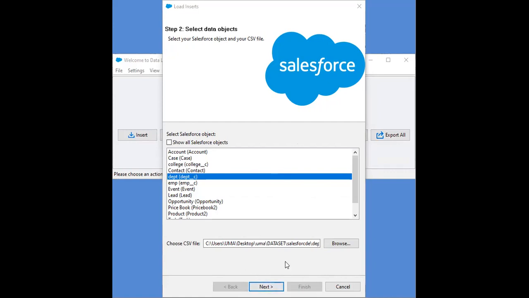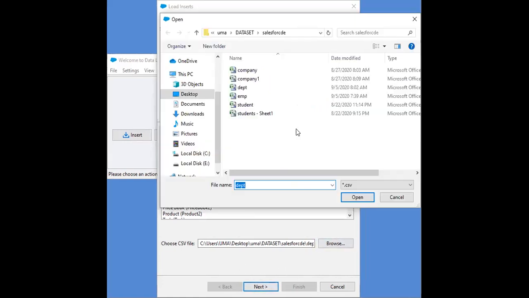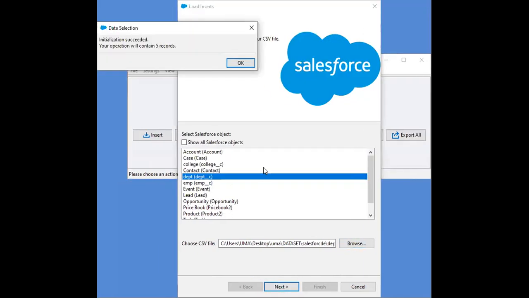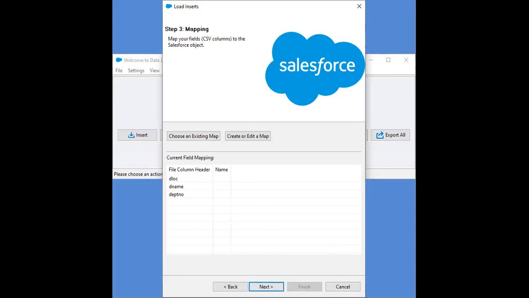Let us browse this one, department, and then click on next. Your operation contains 5 records. Yes, the operation contains 5 records. Then click on department, location, department name, and these fields.